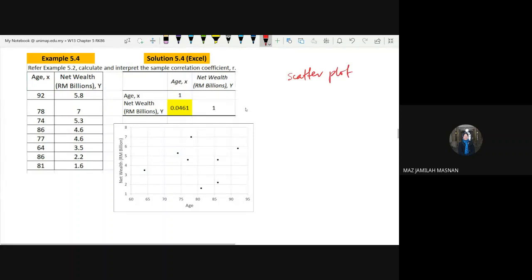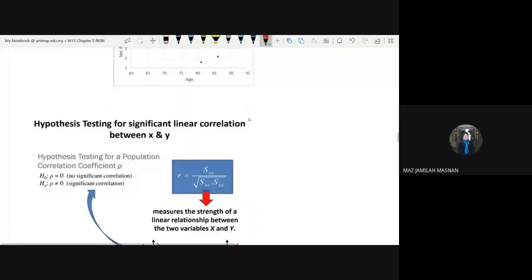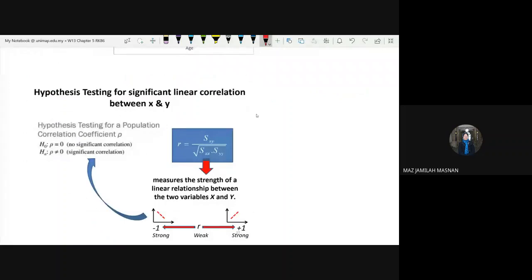Please remember what is the purpose of the scatter plot, then the sample correlation coefficient, our r. Done. So please remember what will be the function of this particular scatter plot and correlation coefficient r. Now, if you turn to page 171 of your textbook,